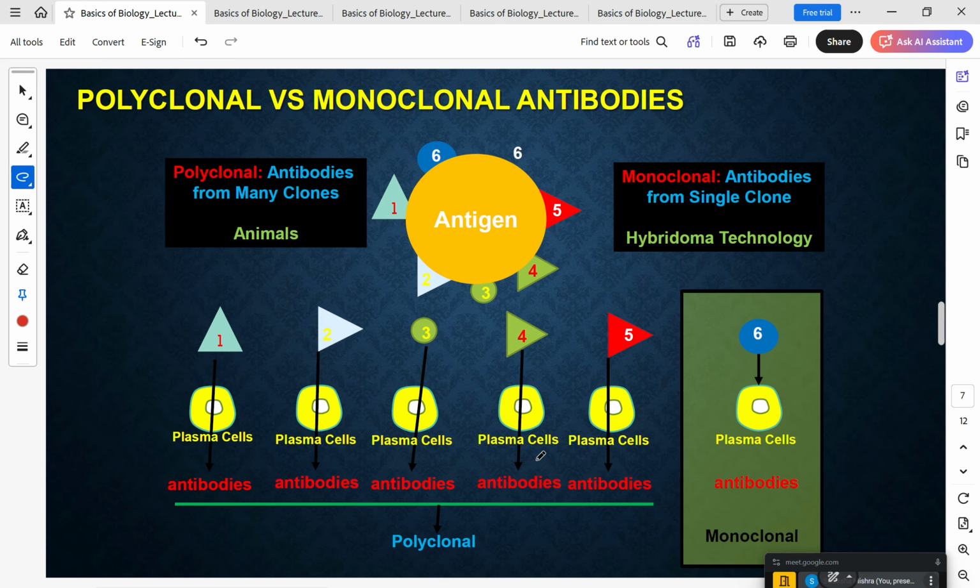The antibodies that are produced are of two types: polyclonal or monoclonal antibodies. Inside the body, it's mostly polyclonal. Monoclonal antibodies are more of an application based industrial thing, where we use the antibodies for our experiments. But inside the body whatever antibodies are produced, they can be termed as polyclonal antibodies. In terms of the immune system, we don't really divide between polyclonal and monoclonal.